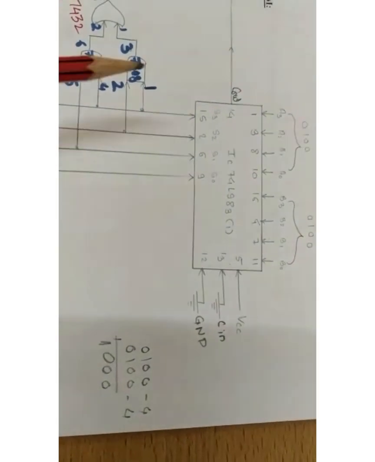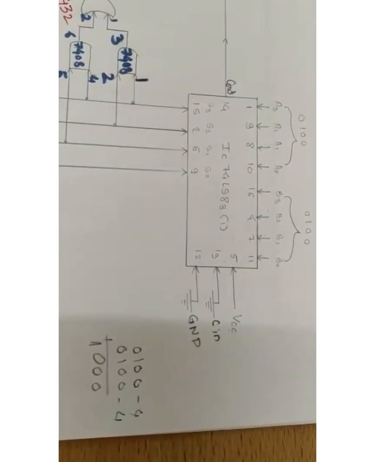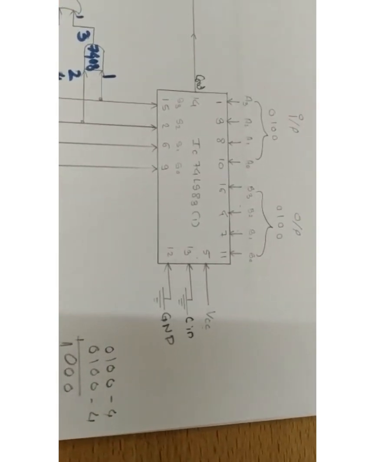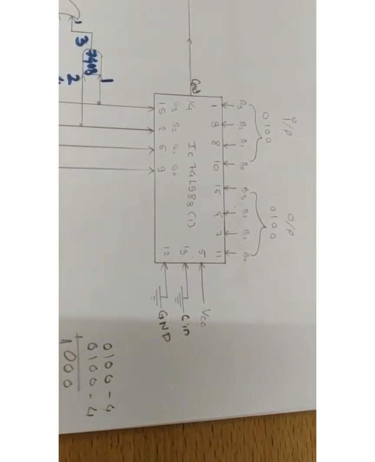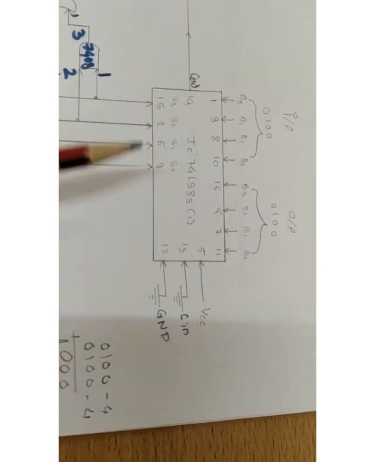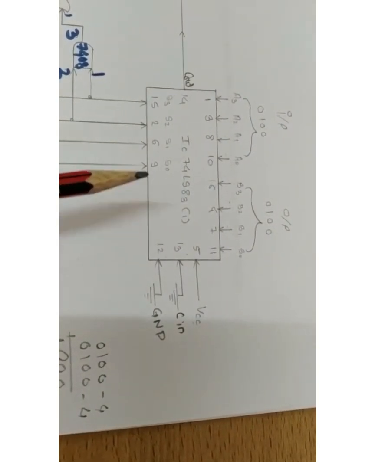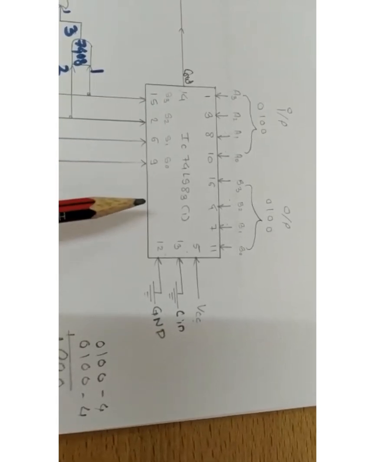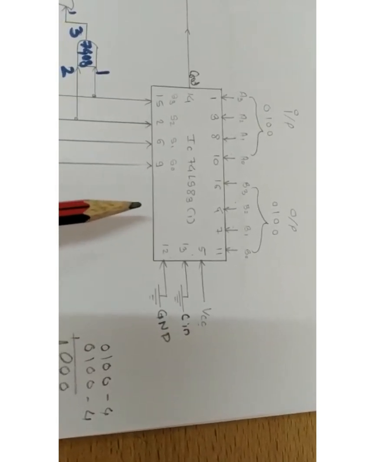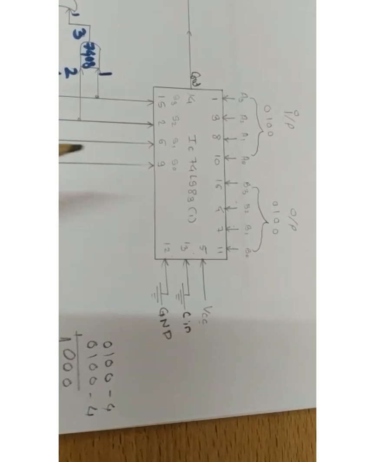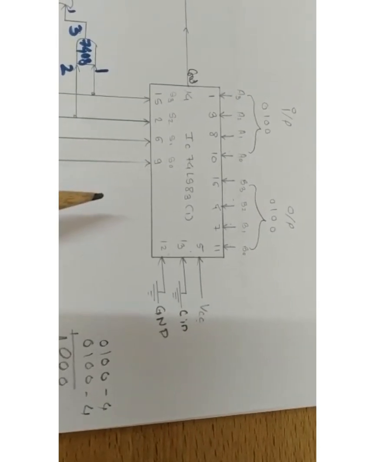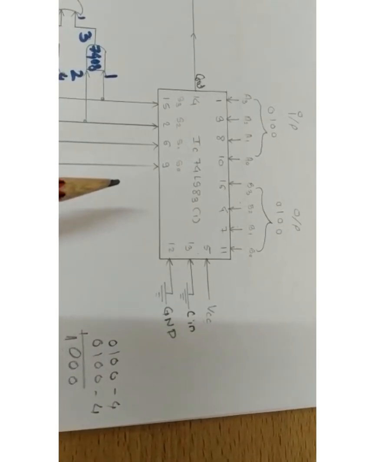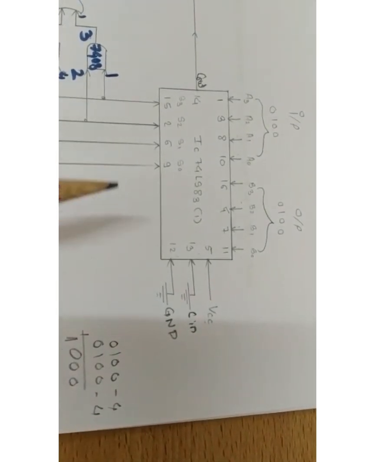Okay, so for this circuit we are going to use the truth table. But why are we drawing this truth table? I will explain that this is a BCD adder IC. BCD means only 0 to 9 are the valid numbers. After 9, a BCD number doesn't exist. So after 9, you make it a valid BCD by adding the number 6.